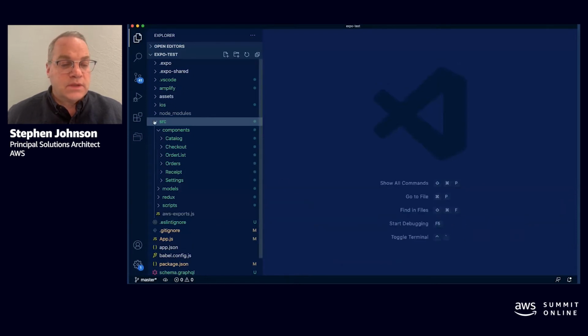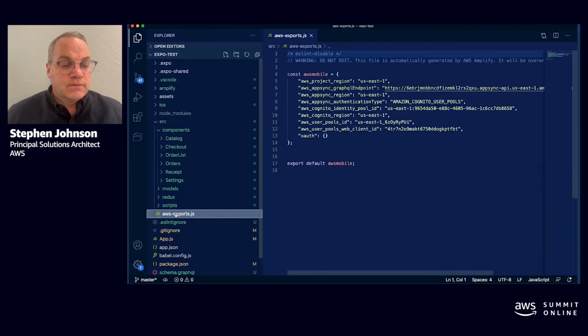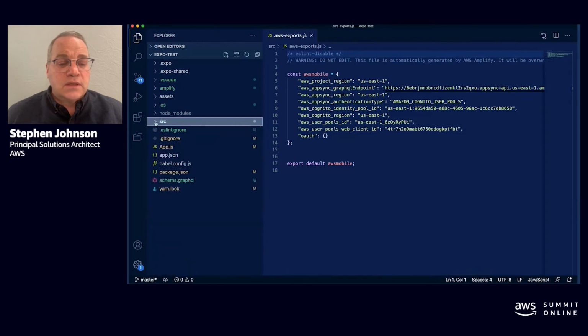So now we're going to clear the terminal and take a look at what it's created in our project here. The first thing is the AWS exports file, which is a configuration file that contains ARNs, IDs, all sorts of information about how Amplify needs to be configured on the client to communicate with the backend. This just gets imported as a JavaScript object into the libraries, and you don't have to worry about it. It's auto-generated. If you make changes, the AWS exports will change as well.